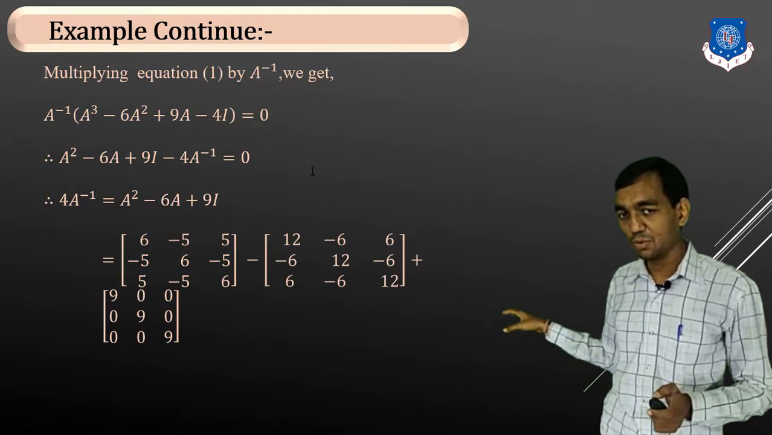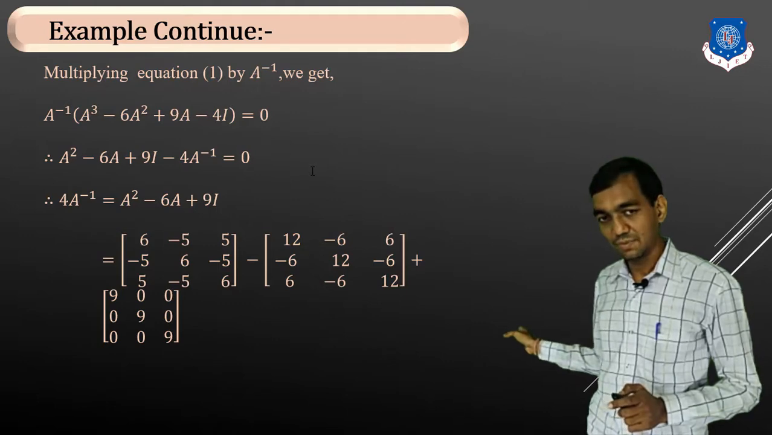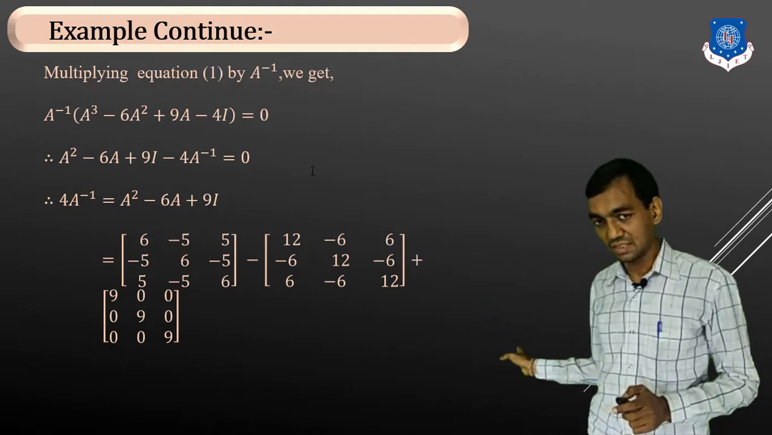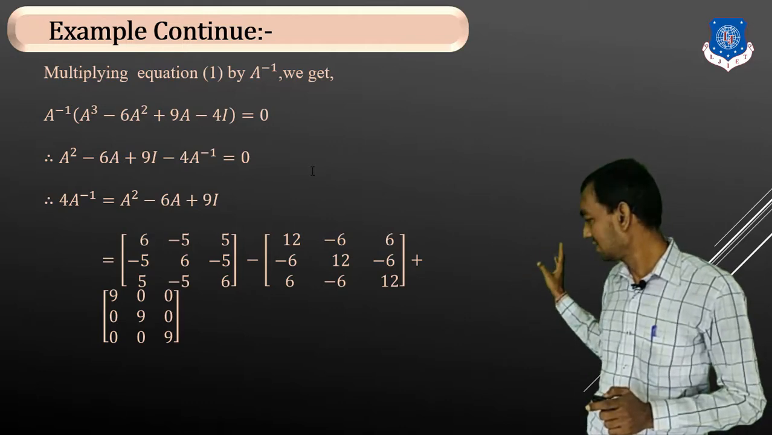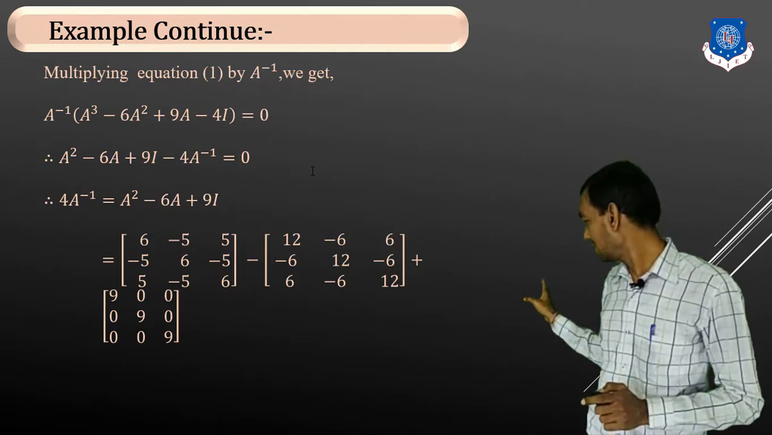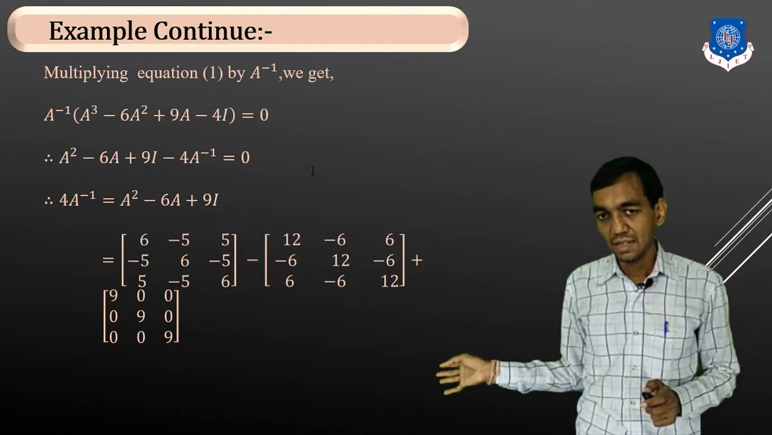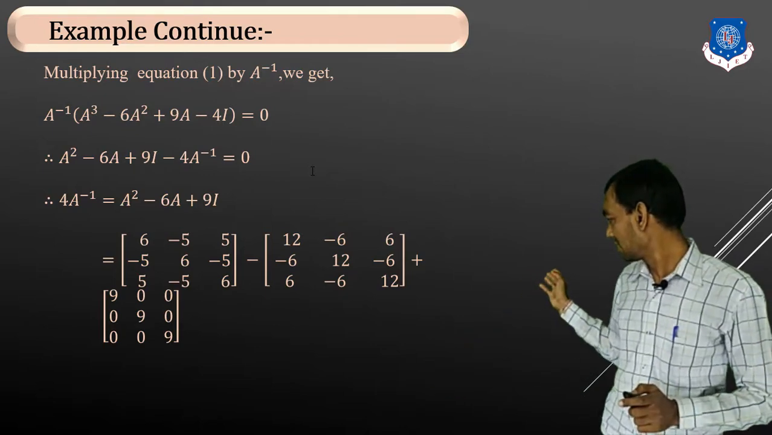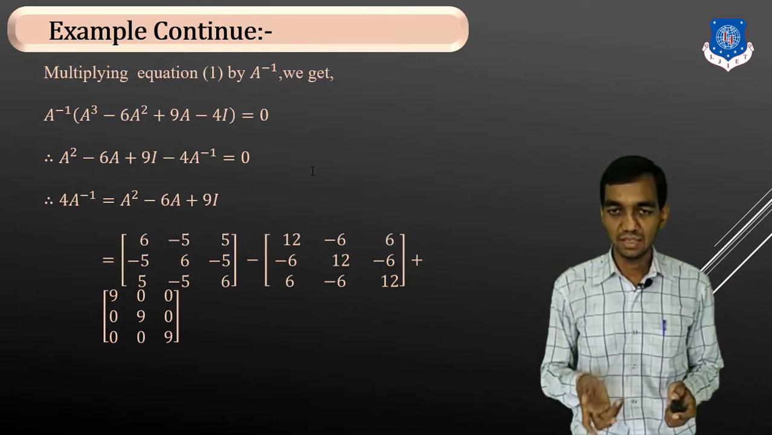So A square has a value of 6, minus 5, 5; minus 5, 6, minus 5; and 5, minus 5, 6. Minus 6 into A has a value of 12, minus 6, 6. Second row is minus 6, 12, minus 6. Third row will be 6, minus 6, 12. And plus, last you will have 9 into I, that will be 9, 0, 0; 0, 9, 0; and